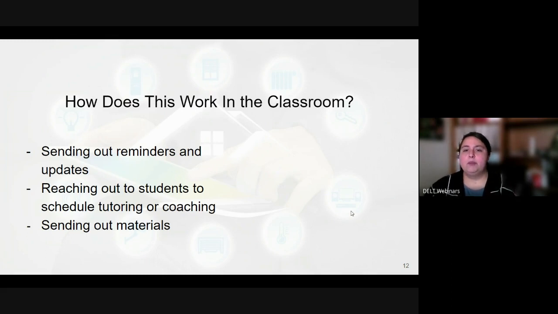And I think I keep coming back to that because those boundaries are so essential. Just as an instructor, as an admin, just for your own sanity, it's a safe place to be, and it's a good thing to have to make sure that there's that separation and they know where they can do either one. But with Google Chats, it's always good to send out those reminders and updates, especially